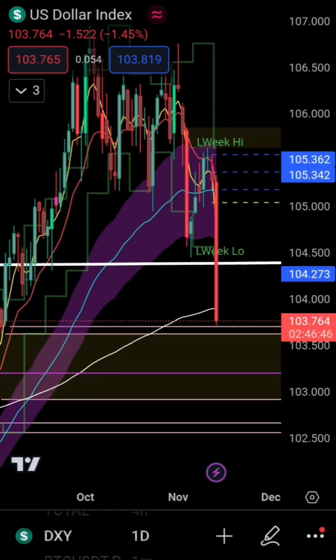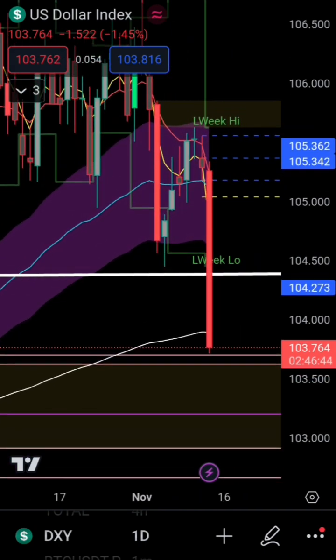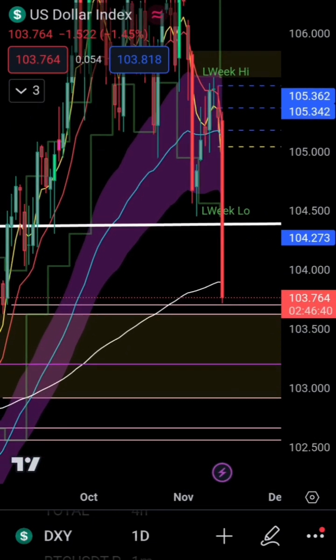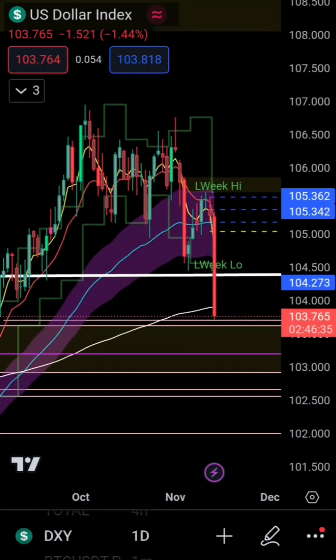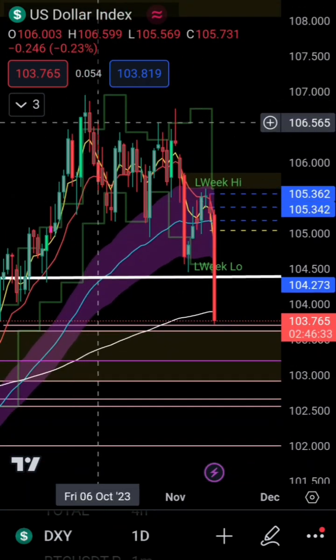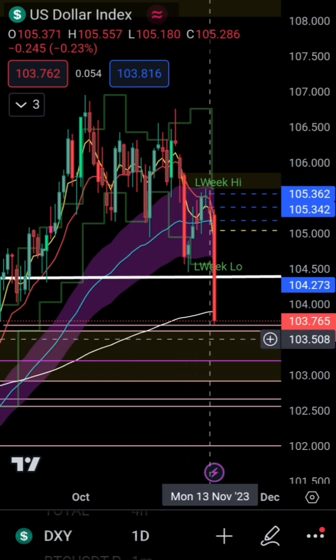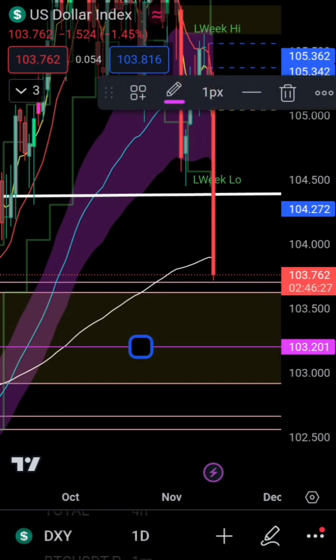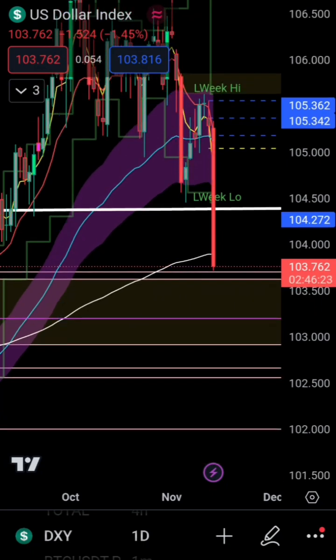Anyways, let's go to the dollar index. The dollar is close to a naked point of control where we could find a bounce. I would like to start off with the dollar, because if the dollar goes down, we know that the markets move up. The dollar double topped over here. It's moving down. Next strong support on this chart for me on the dollar is 103.201. If the dollar starts coming lower, it will push the market even higher.